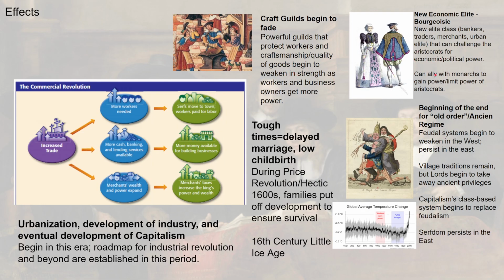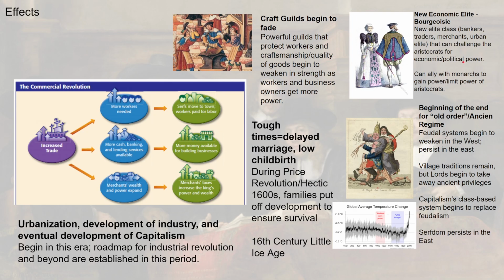Going along with that idea is the development of this new group, the bourgeoisie, coming from the word burger, which you may have heard in AP US history or other classes. The bourgeoisie is a new class. Prior to this period, you have the ancien régime, which you may be familiar with, where you have the king above everyone, then you have the nobles, the church usually above the nobles, and then the peasants below. We do have this new group, though, becoming more and more prominent in cities, in London, in Amsterdam, in Seville, in Lisbon.